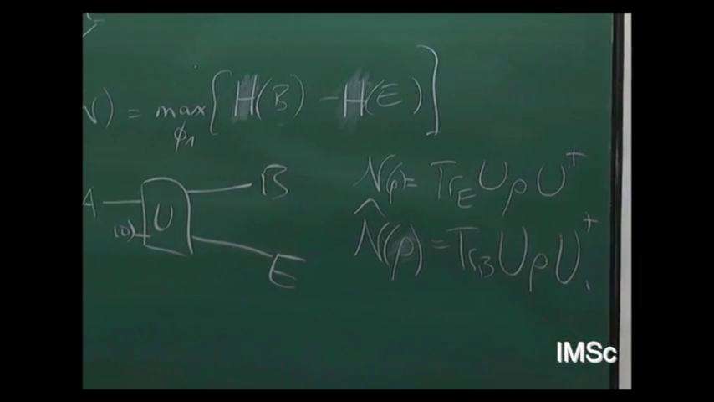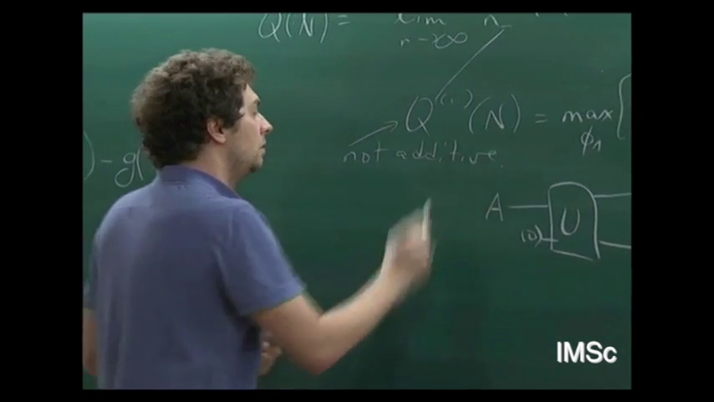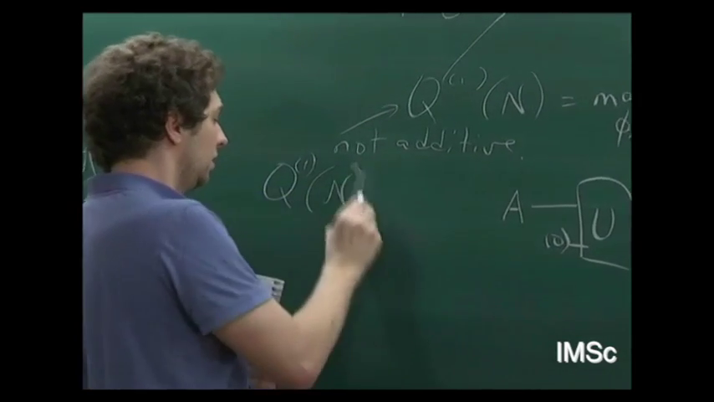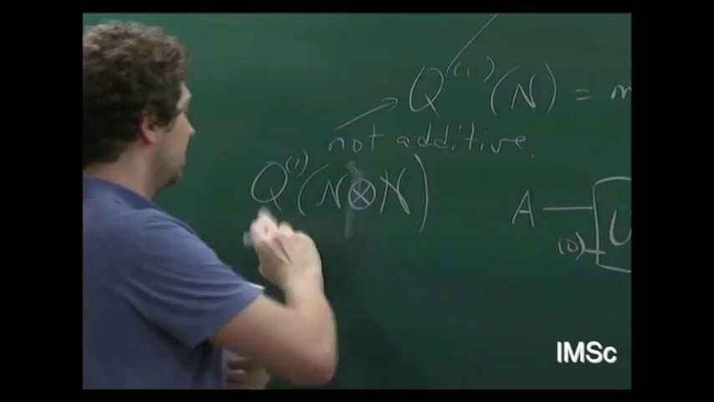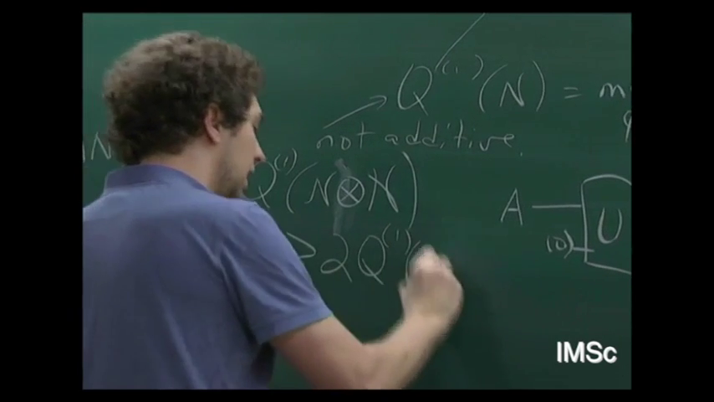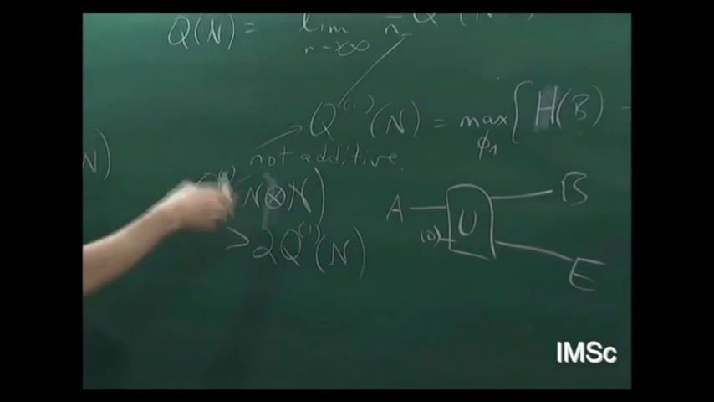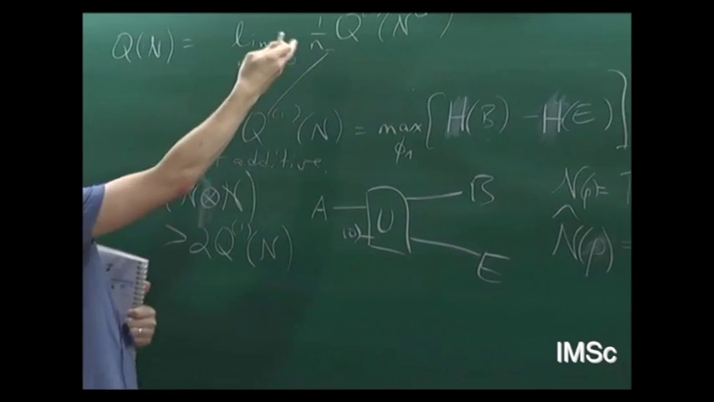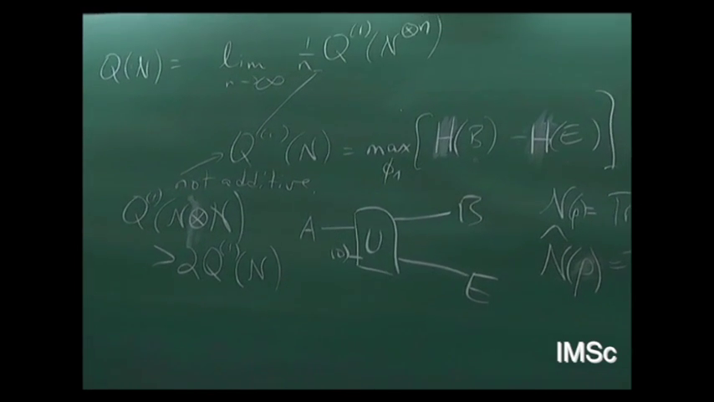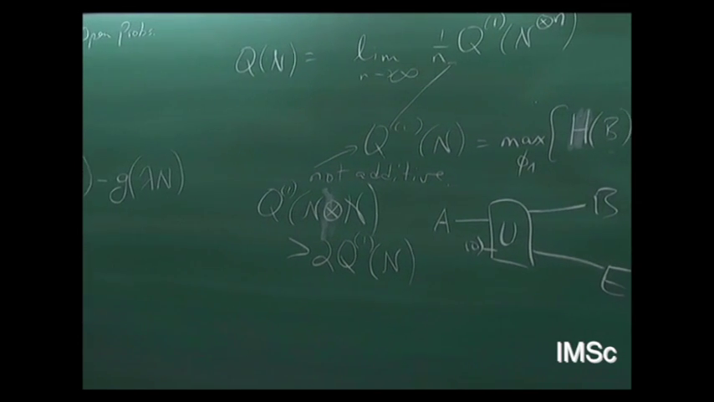So in general, I mentioned that this thing is not additive, which means there are examples of channels where if I take, say, 2 copies of the channel and evaluate this Q1, it's strictly bigger than twice Q1 of the channel. And that's what makes it difficult to evaluate this limit. We don't really have a good understanding of when this happens and how quickly this limit converges. So it's a difficult thing to evaluate. Nevertheless, I wrote down this formula for the capacity, not just Q1, but Q. And that's because